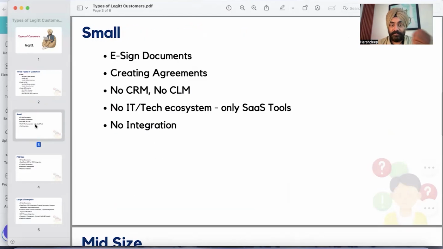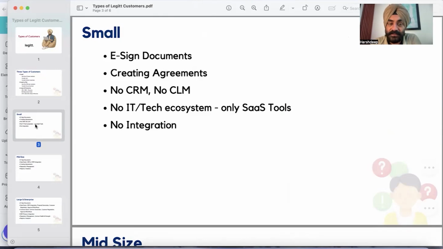So now let's take them one by one. What happens when a small customer comes to us? By small customer, I do not want to demean anybody. These are small teams. We ourselves are a very small team, so we fall into this category. There are thousands and thousands of such customers across the globe. In fact, more than 90% of businesses across the globe are less than 10 member teams. So this is where the small players come in.